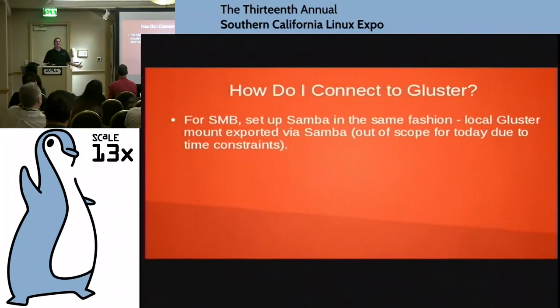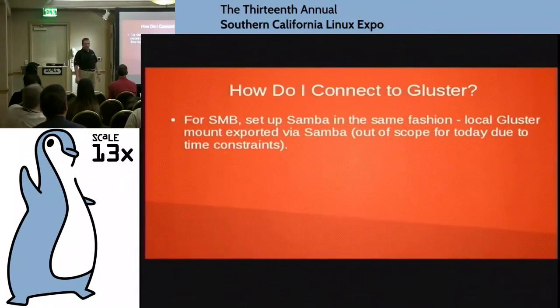For Samba, same thing, right? You're going to mount it locally, set up the export via the /etc/samba/smb.conf file, and share it out that way. Do be aware, when NFS locking and Samba locking are on top of each other, you can potentially have a bad day. It's relatively rare, but it happens often enough that I've got to warn you, it does happen. Okay?